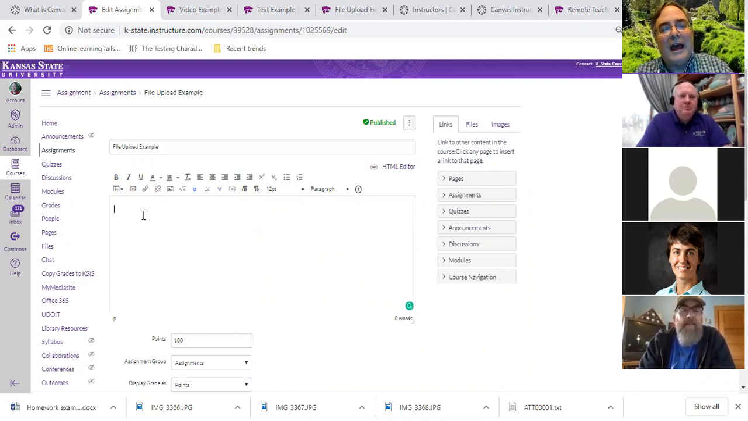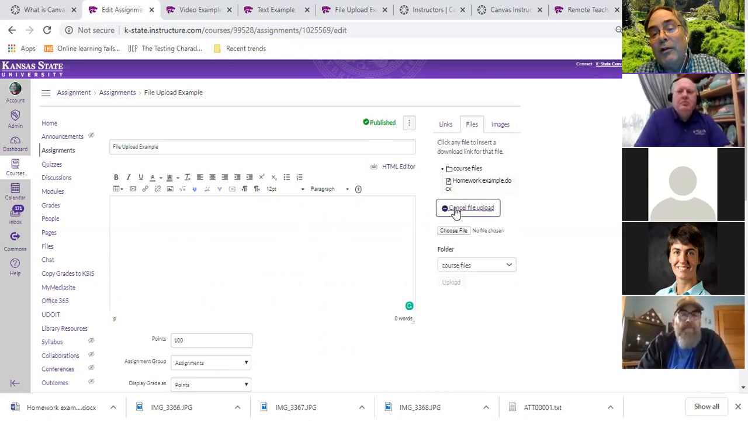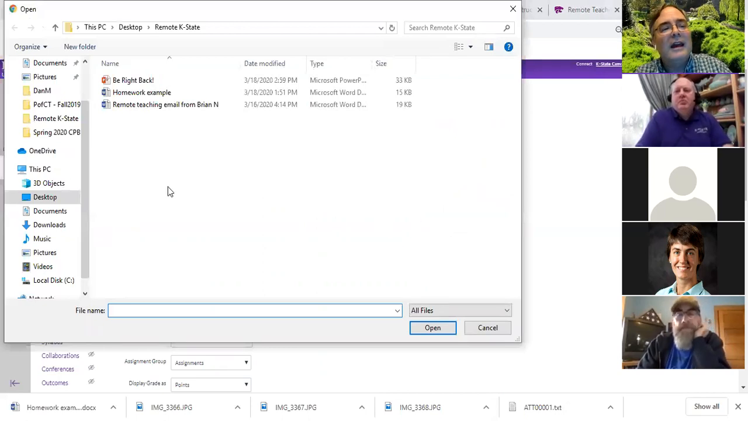So if I wanted to add a file, or an image, or links to other resources like other pages, I can do that. And so if I wanted to, I just come over to the tabs here where it says files, and anything that I've already uploaded is accessible. I have that from the earlier one that I did, the homework example, or I can upload one, and it gives me a choose file option. And it's much like adding an attachment